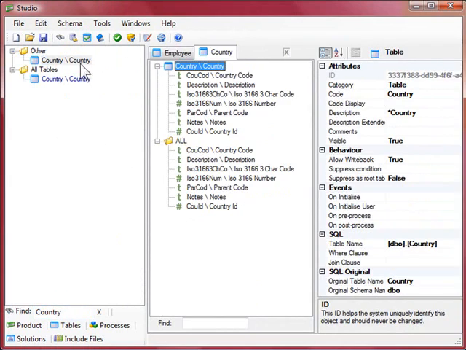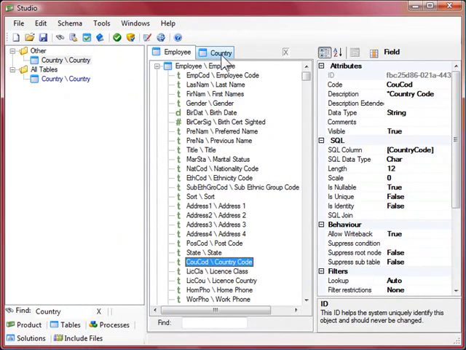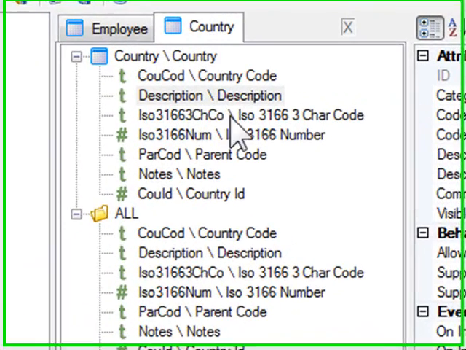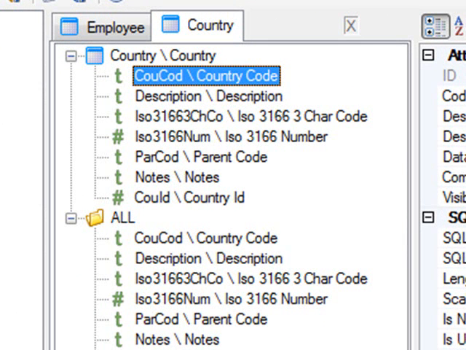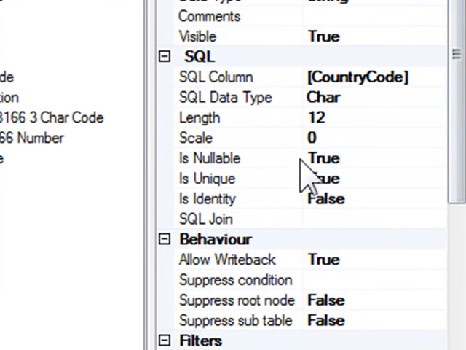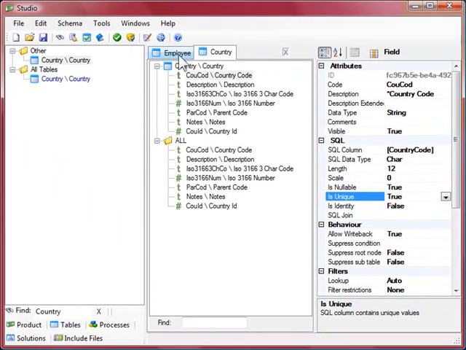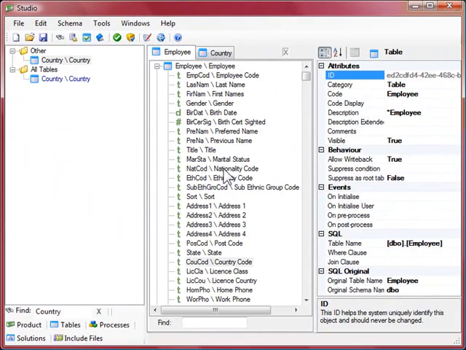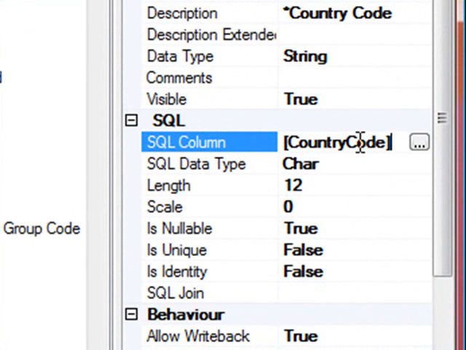And I know that in this database there is a table called country. I'll just open that up, and there really should be a join from country to the country code. And if I look at the country table, you'll notice that the country code column is unique. Just highlight that there. So this is a good candidate for an automatic join, given that country code's a unique code and we've got employees referencing that particular column, and it's got the SQL column country code which matches up